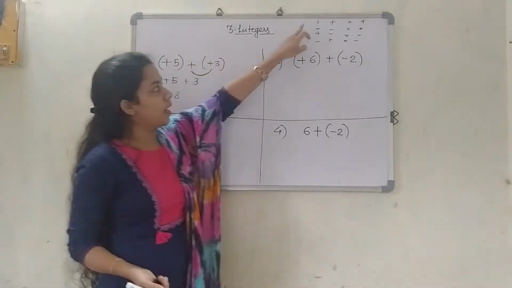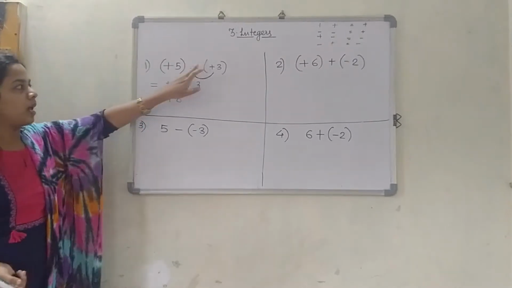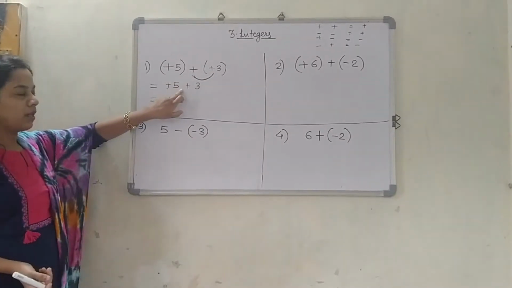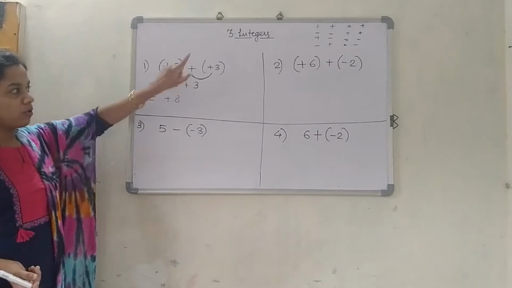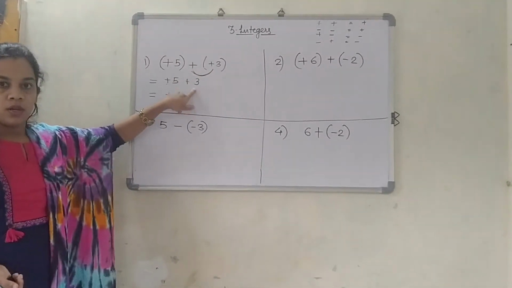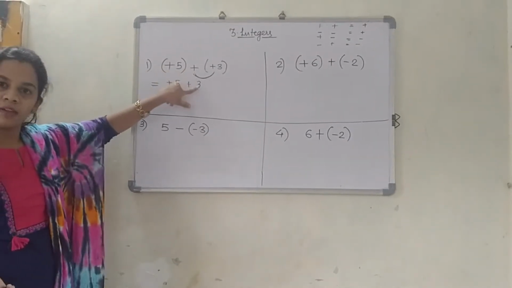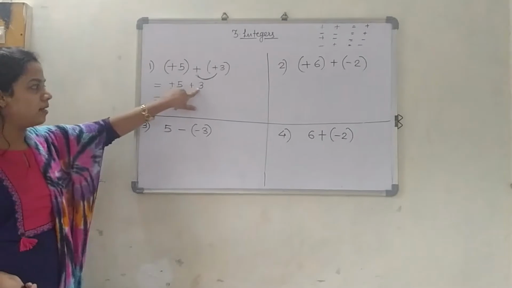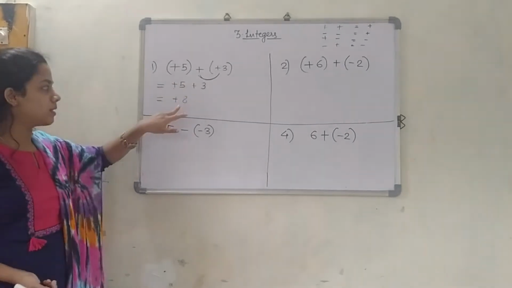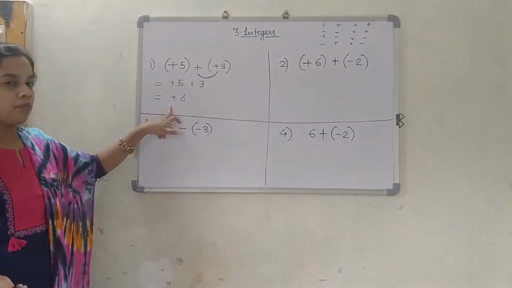We know that when signs are the same, we are going to do the addition, that is plus. So 2 times the signs were the same. I have written them 1 time because it was given over there in the rule, and 3 I have written as it is. Now 2 times plus, so 2 times plus means what? Plus plus is always plus. So we are going to add the digits. That is 5 plus 3 is 8. And this bigger number is having plus sign, so it will be plus.